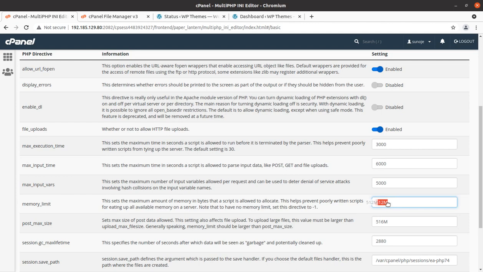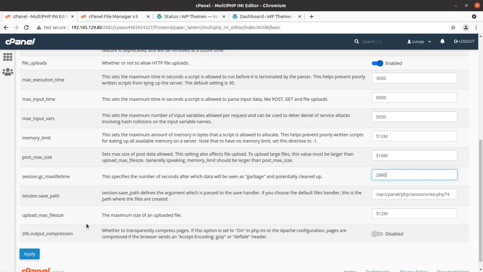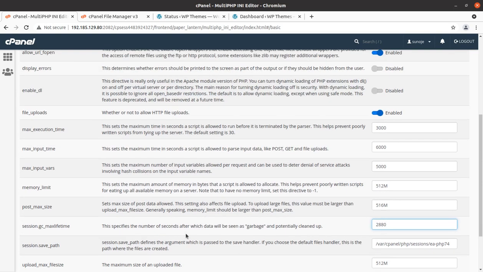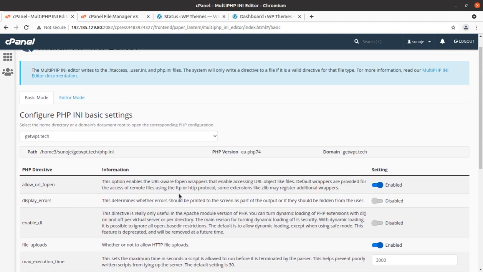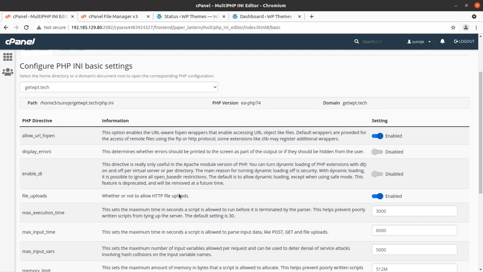Post max size is 516, session max life is 2880, and upload max size is 512 M.